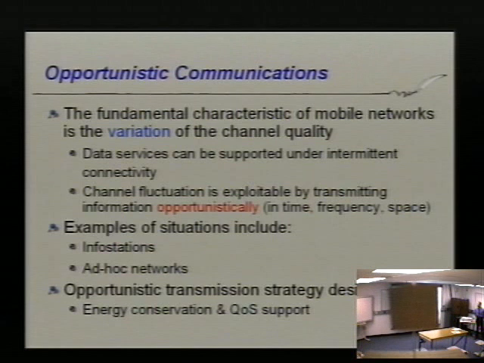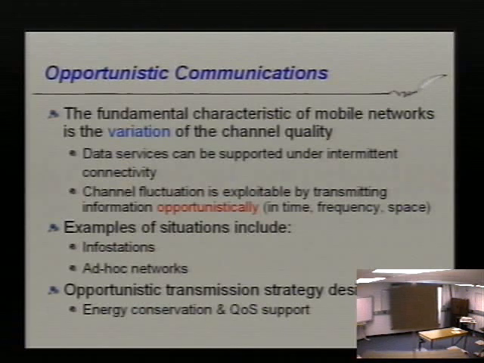A fundamental characteristic of mobile networks is the variation of the signal strength of the underlying communication links. Such variation can be due to multipath fading, path loss, distance attenuation, shadowing by obstacles, or interference from other users. In traditional communication system design, this kind of variation is viewed as a source of unreliability that